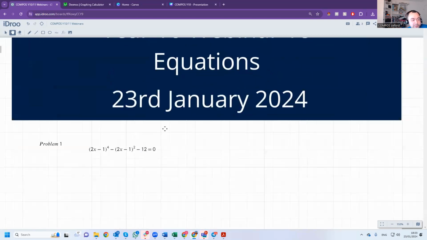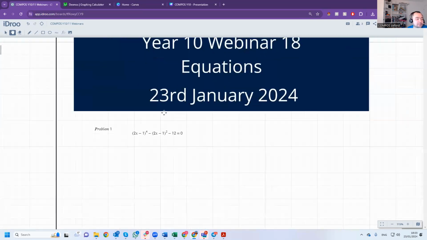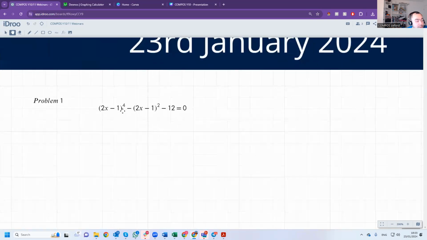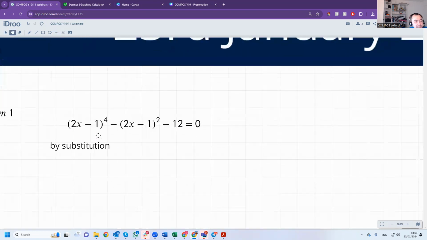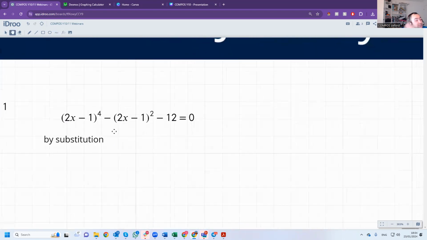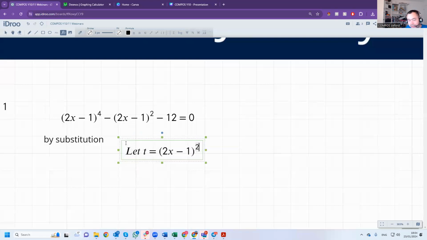So the first problem is solving equations by substitution. What do we see here? Well, we see an interesting thing. If we let t equal 2x minus 1 squared,